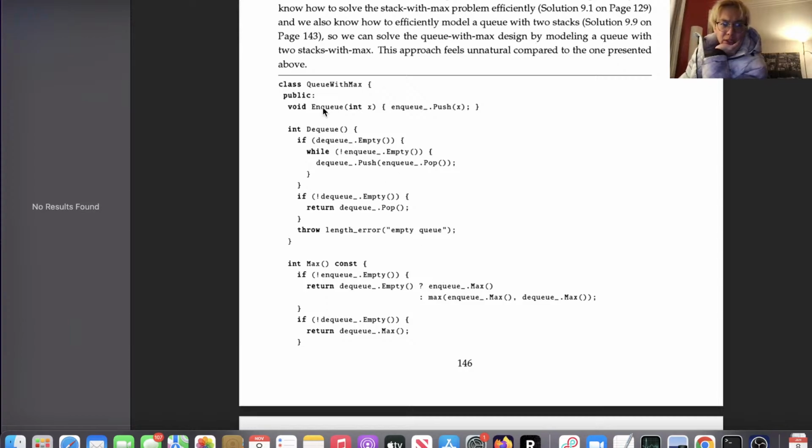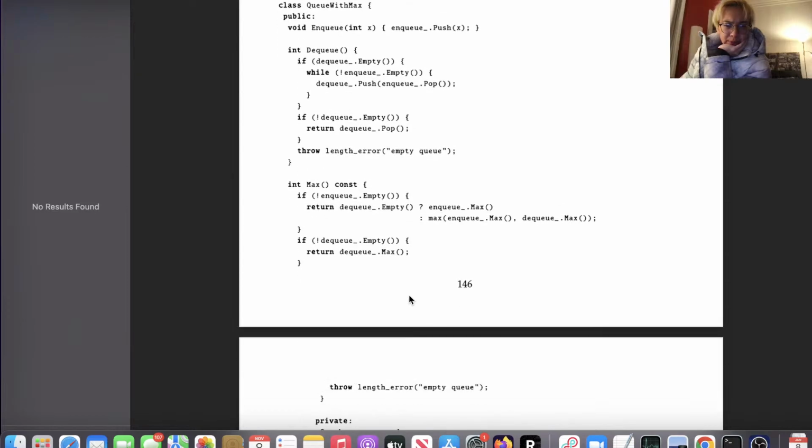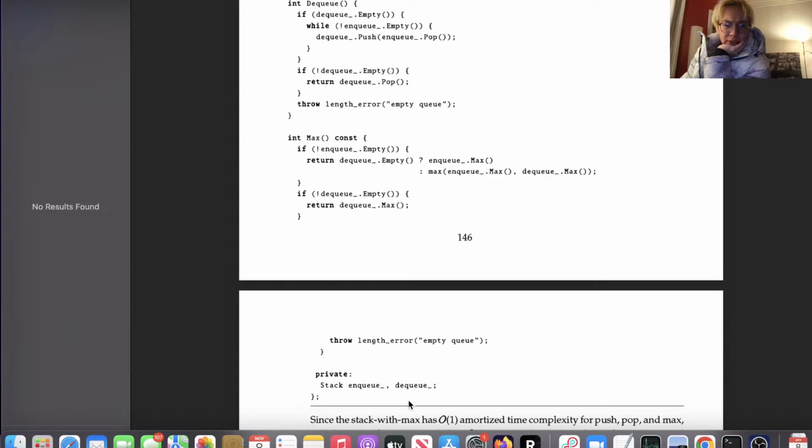But the NQ and DQ are... What the hell is this? Are they both queues? Oh no, they're stacks. Oh, they use stacks. Okay. Yeah. So in order to find max dot stack, it has to actually go through each element. It has to iterate through every single element and pop them in between the NQ and the DQ.